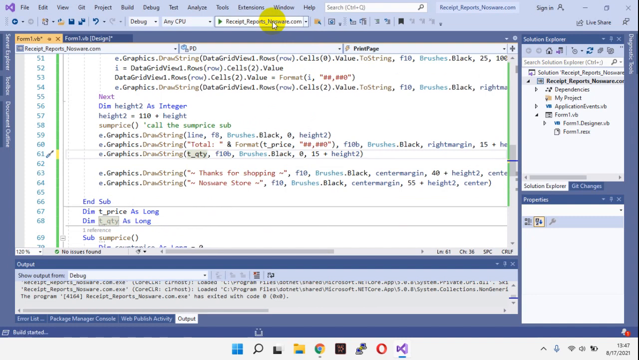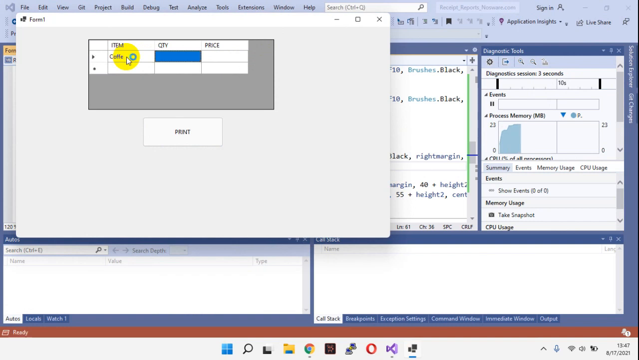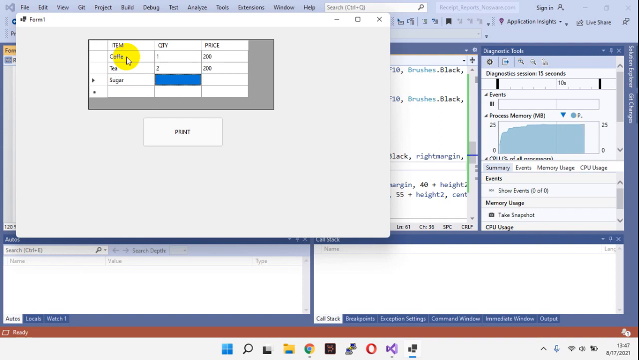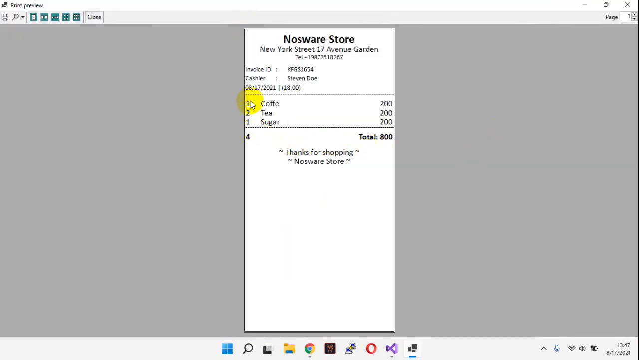Okay, let's run. Coffee 100, tea 200, sugar 200 for example. Okay, the quantity is 4 in here, and the tea is multiplied by 2, which is 400. Now this is